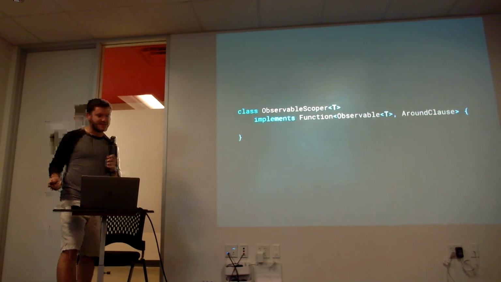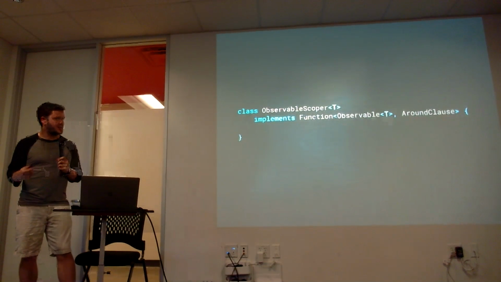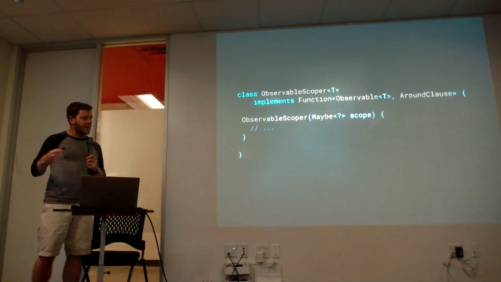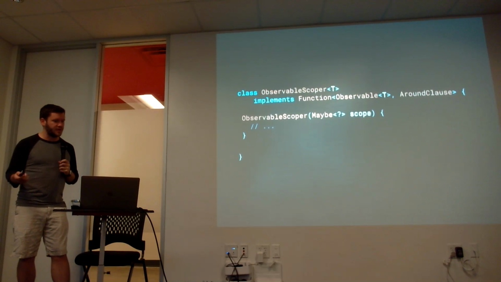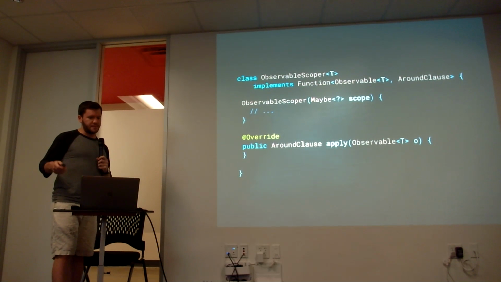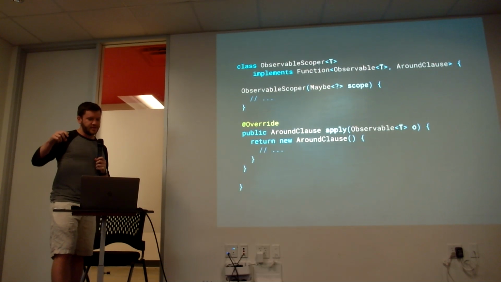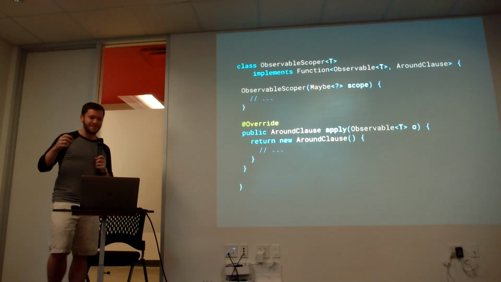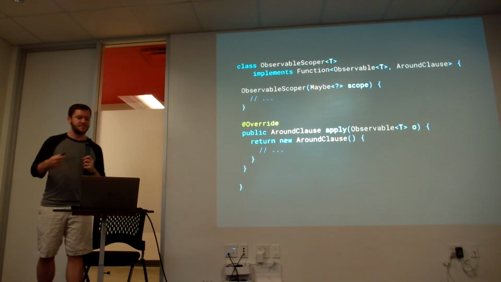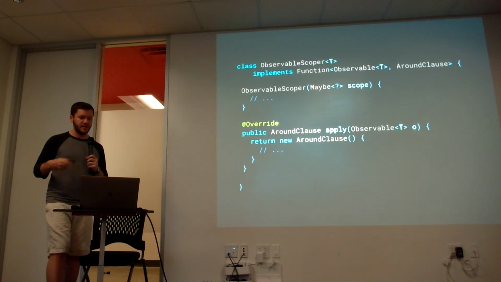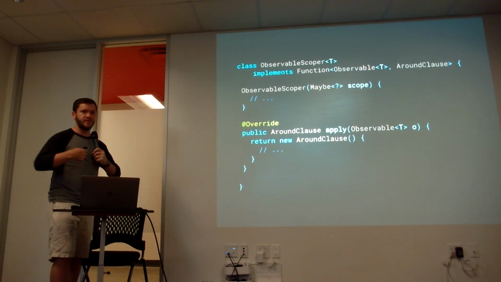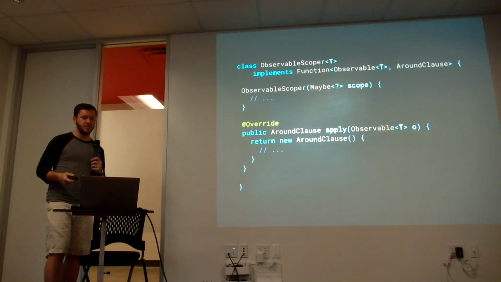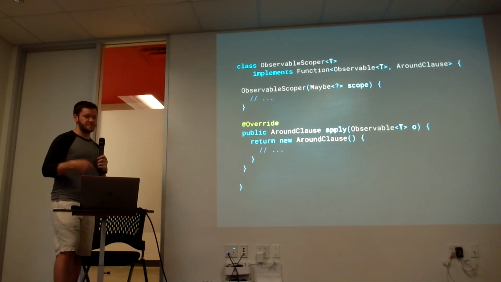So we created this scoper class, which basically just implemented the converter function, takes the scope as a parameter, and then you implement the apply method and whatnot in here, and then you return an instance of the around clause. I know that this terminology is getting a bit thick here, but stick with me. We call subscribe under the hood, and what this means is because we can actually read Rx APIs, we can actually just delegate everything to RxJava's implementation of the observer under the hood, and we can even read other useful information that RxJava gets back to us, such as